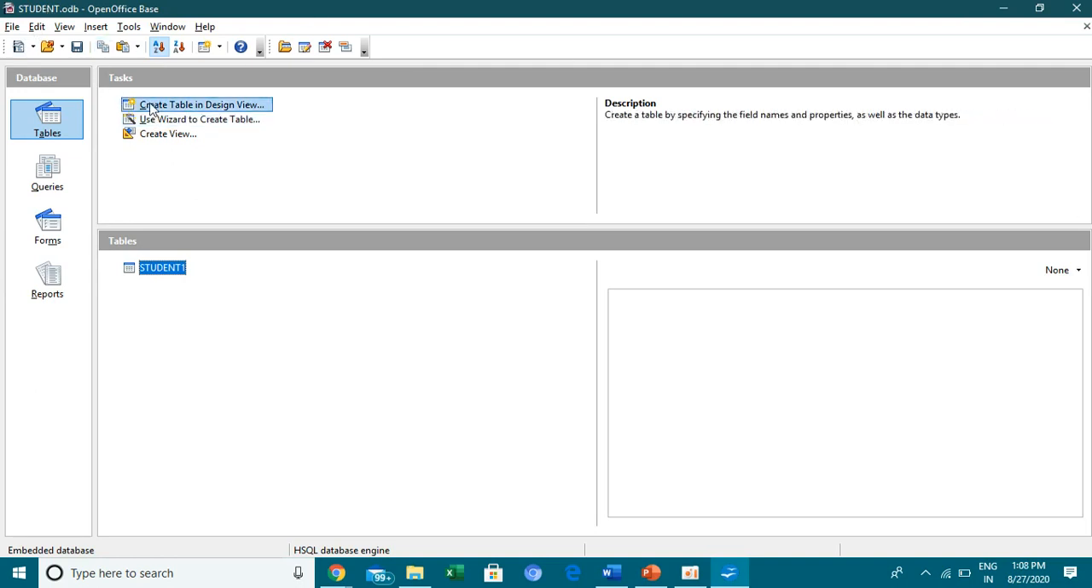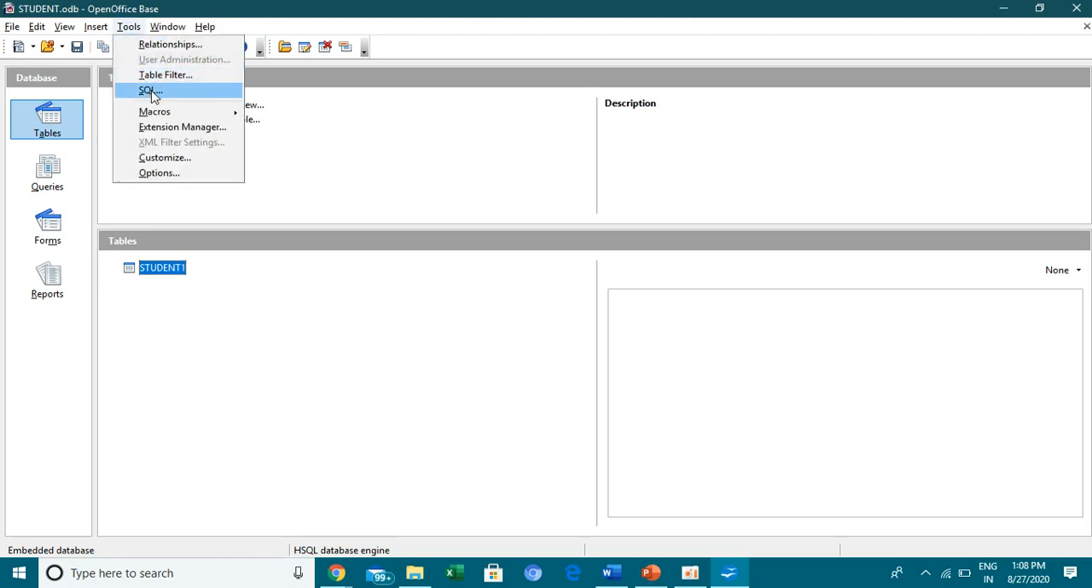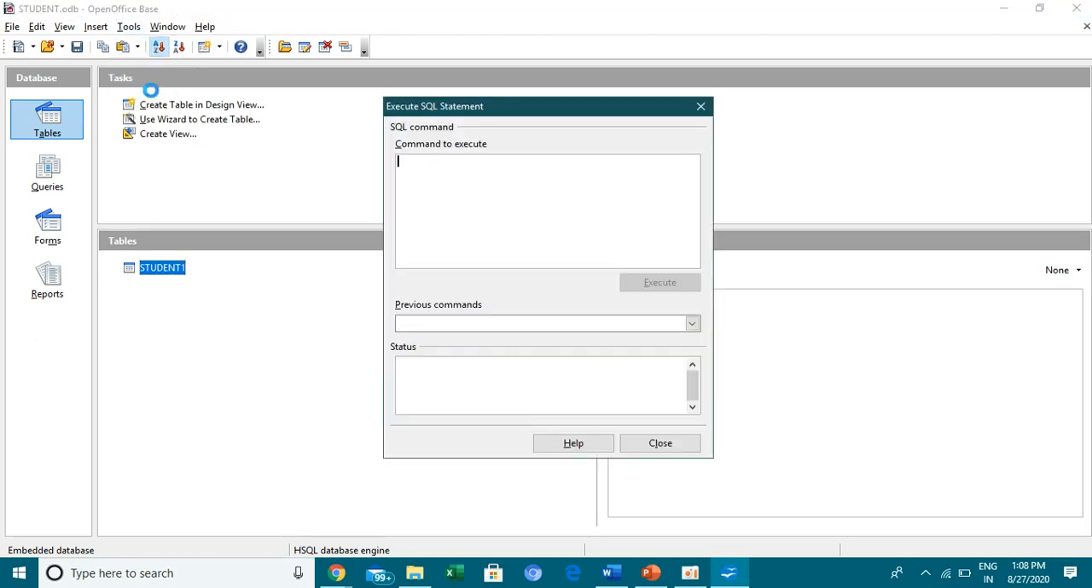Okay, this is how to create a table by using the design view. Now we are going to see how to create a table by using an SQL query. SQL means Structured Query Language. Creation of a table is a DDL command. How to create an SQL query? Go to the Tools tab in the menu bar, then choose the SQL option. Here you have to type the command. What command? Create